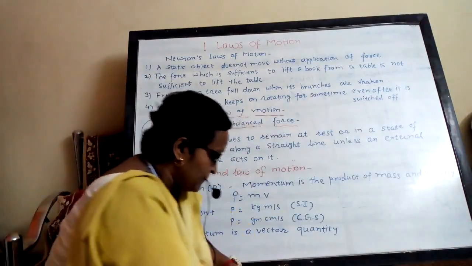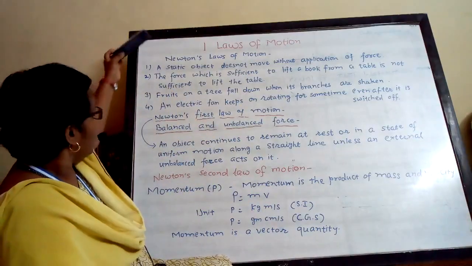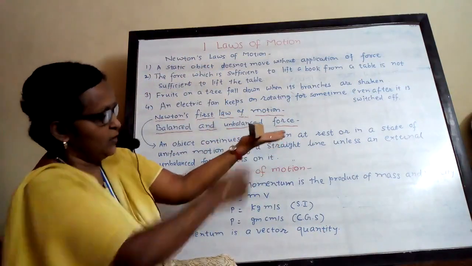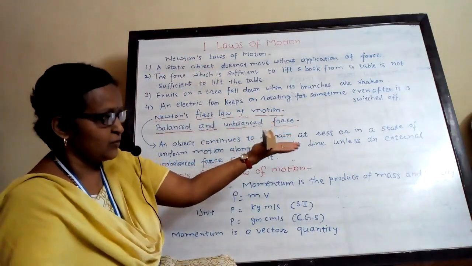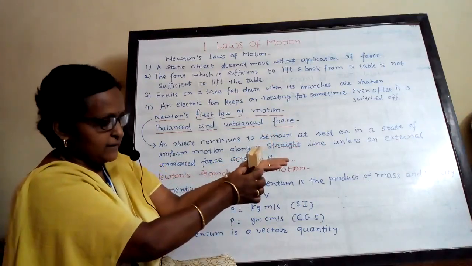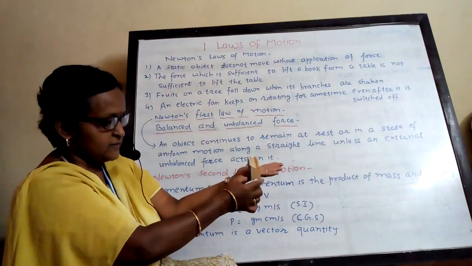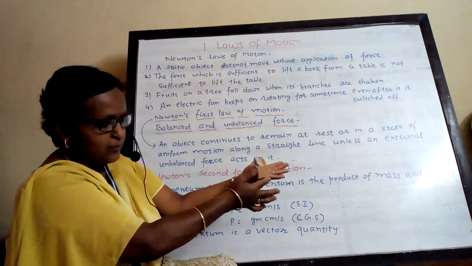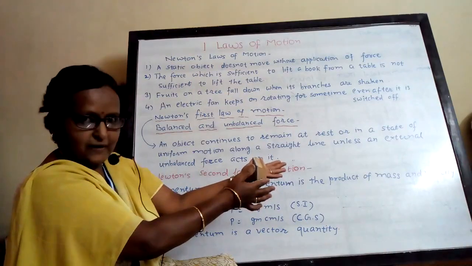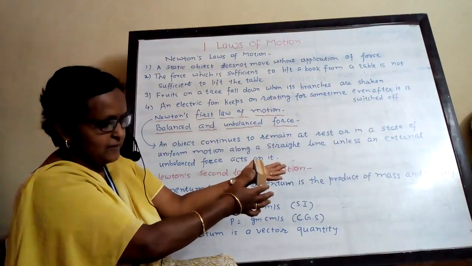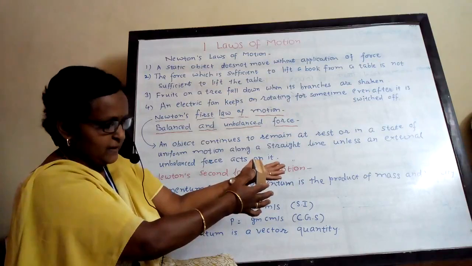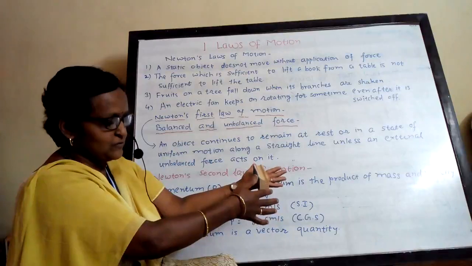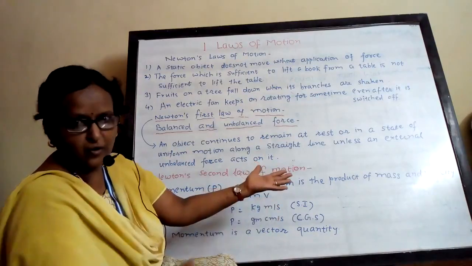Suppose I have put this duster in this way, so it has got balance due to my hand. But if I move my finger, the duster will definitely fall off. That means there will be no balance for the duster. Immediately if I move the finger, the unbalanced force will be there and the duster will fall off.